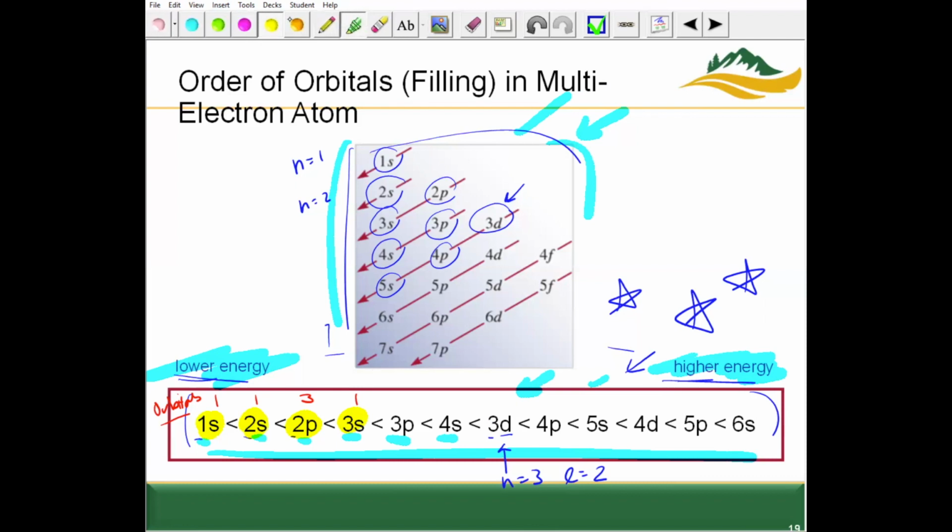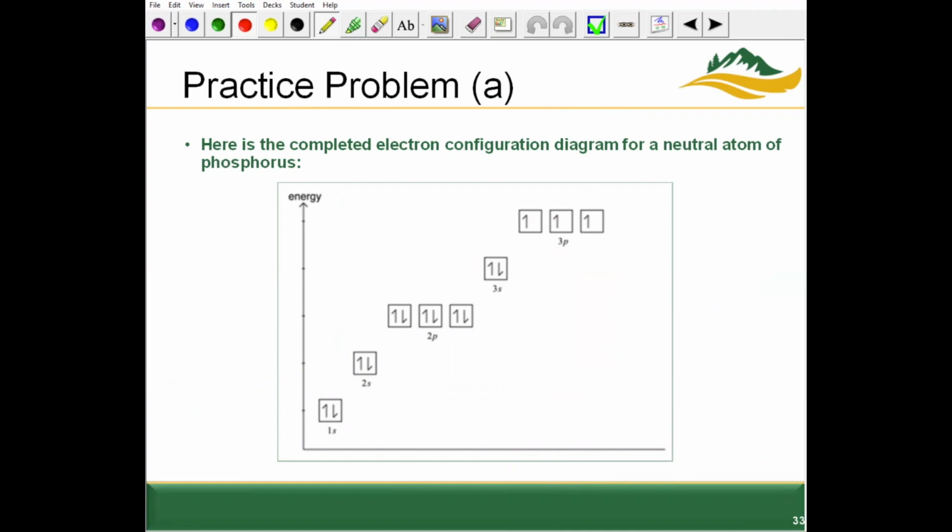Then if we include 3p here, that is also 3 orbitals. 1, 2, 5, 6, then 9. If we stop at 3p, we'll have enough boxes or lines or orbitals to fill in our electrons for phosphorus. So let's draw these in. We have 1s, 2s, 2p, 3s, and 3p. That's the total number of orbitals we need to draw in